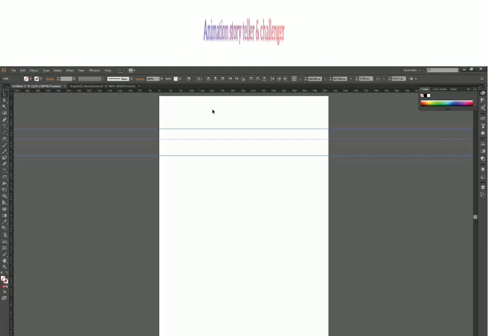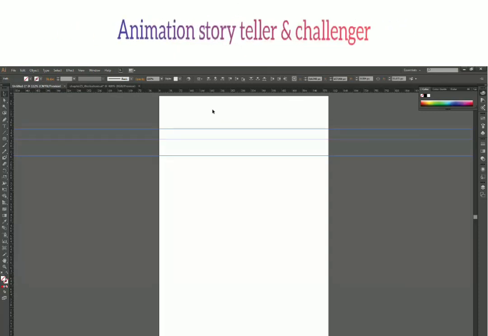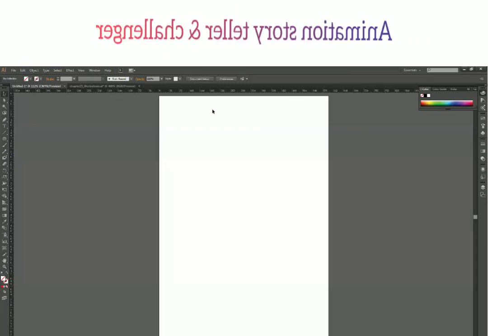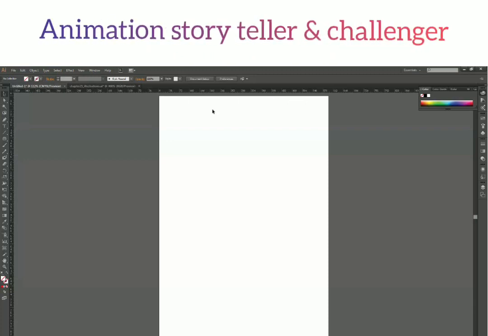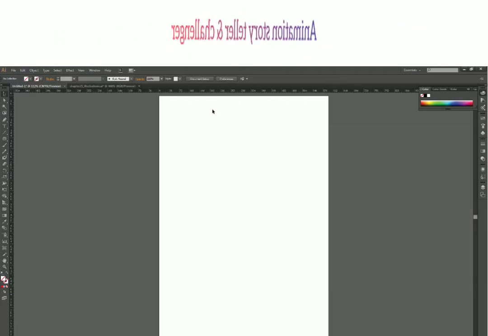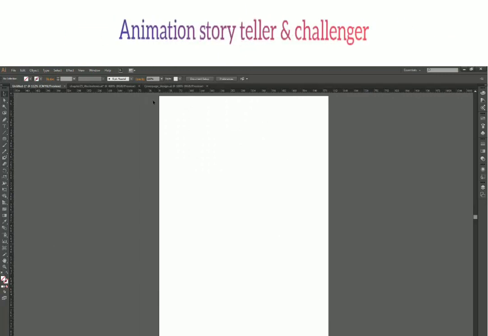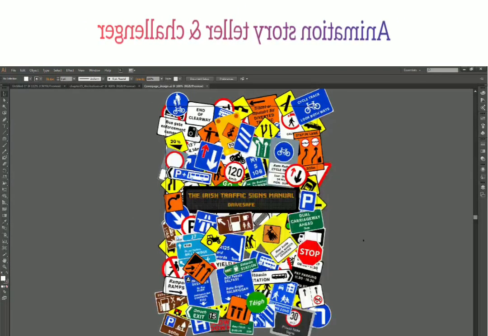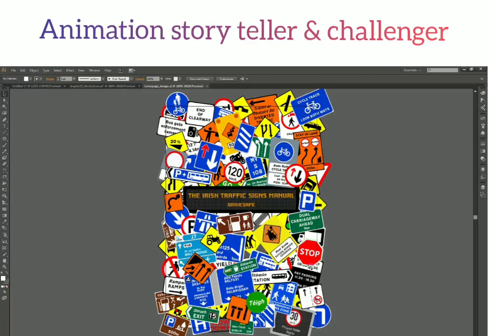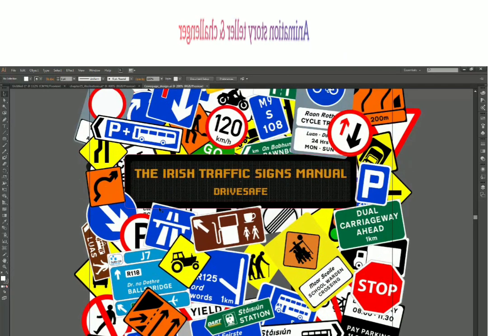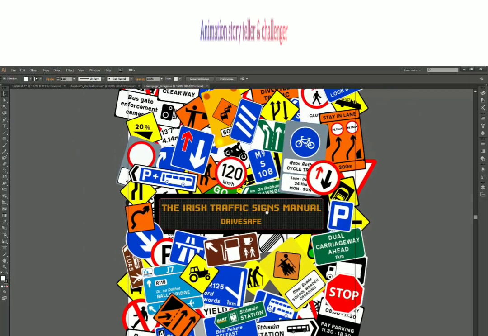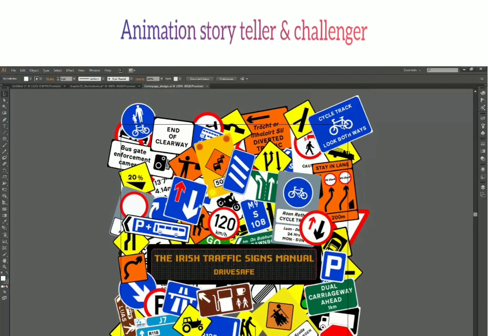Okay, so with that, I'm going to select all these guides and press delete to delete all the guides. Now we are going to see layers and how this thing works. To understand layers, we will work on one of my existing works. So I have this file where there is a title in the center and there are a lot of signs, one above another.